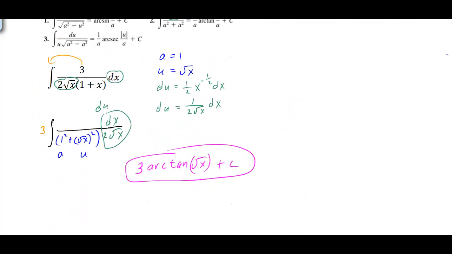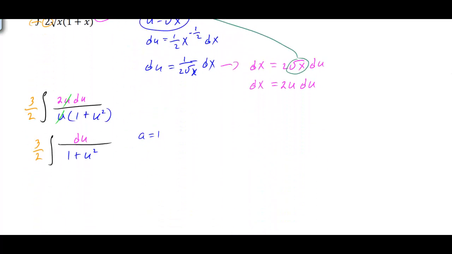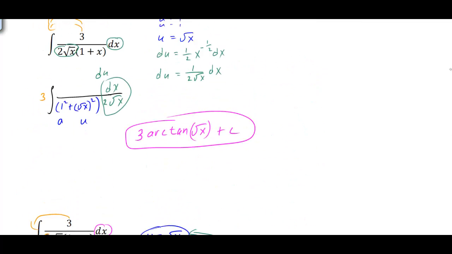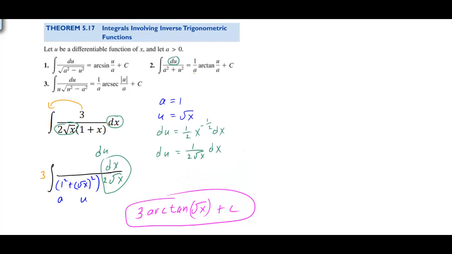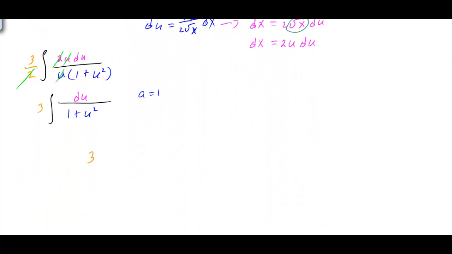So if we look up here, we have 3 arctangent square root of x. Oh, one other thing here. We forgot to cancel this out. We have our 2 here. This 2 and this 2 would cancel. So all we're left with out front is the 3. So we can bring down the 3. We would have our 3. And then our formula says 1 over a arctangent u over a. So in this case, we would just have a as 1. So 3